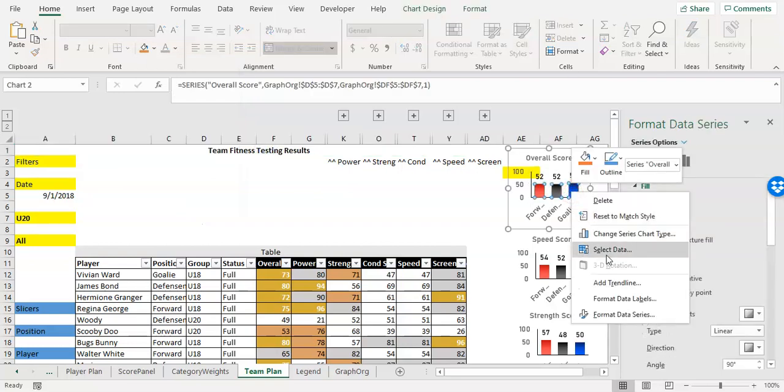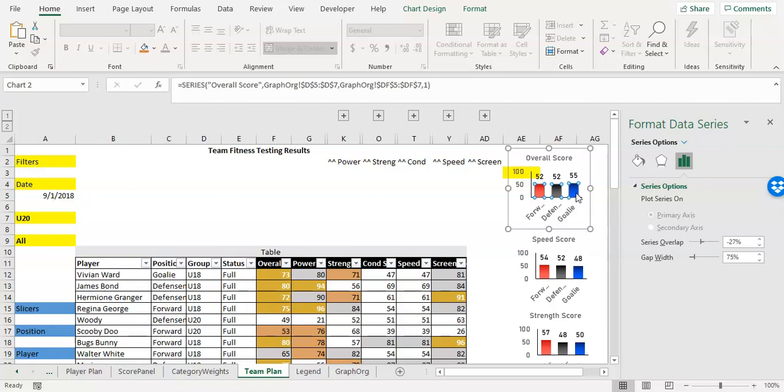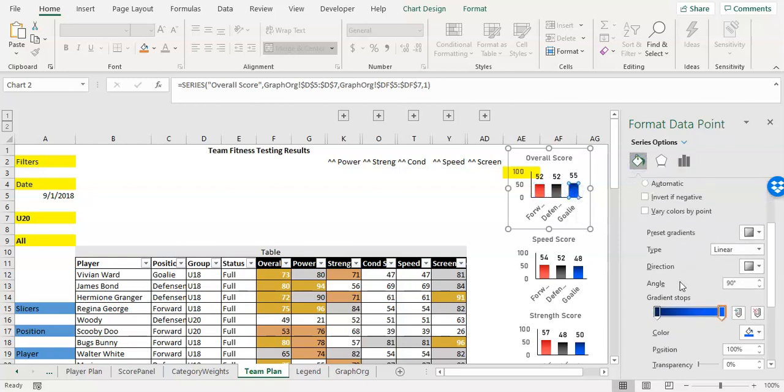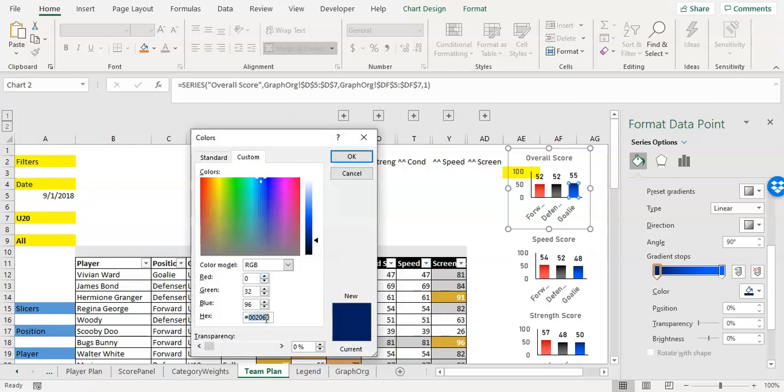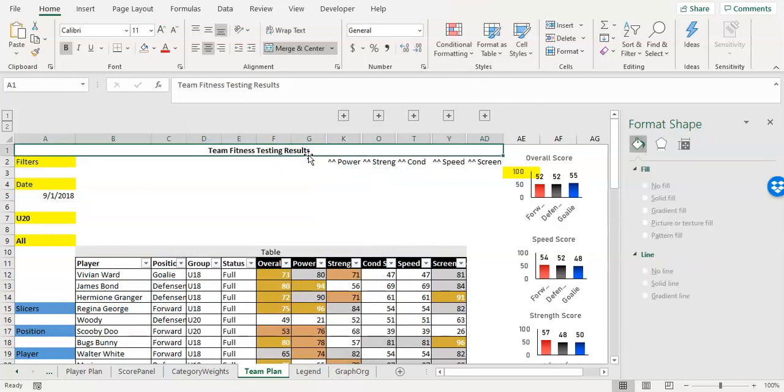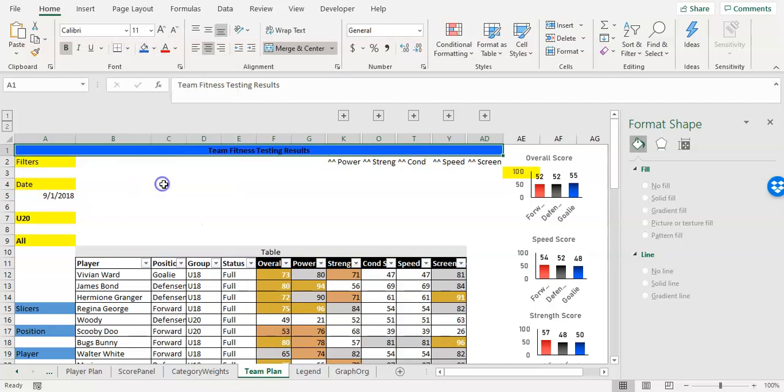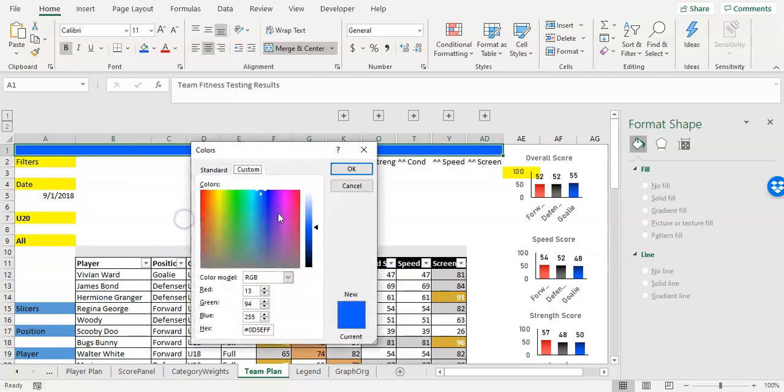Let me actually go into this graph and find out. Format this. I'm just going to see what this looks like. What color is this? And the way that you can do that is, I must be missing something right now. Oh, here. You can go to more colors and it'll give you a code or whatever you need. Maybe I just do this as the exact same as the blue. So I will fill it with something, and I'll go to more fill colors, and I'll paste in this blue. It should have a number sign next to it,